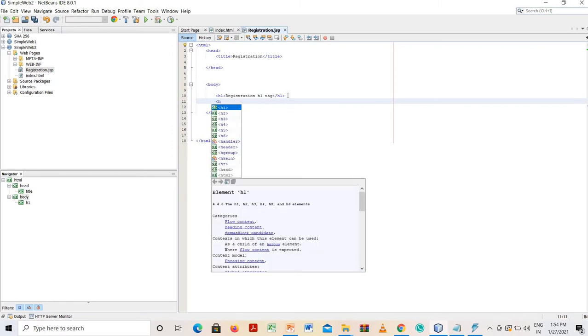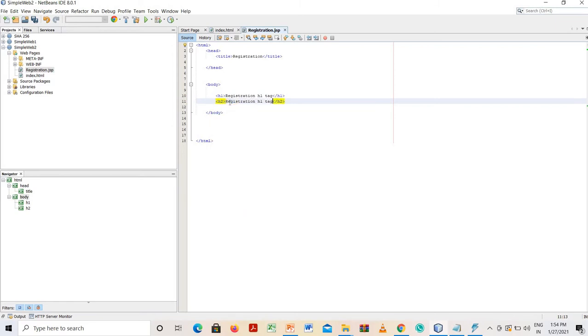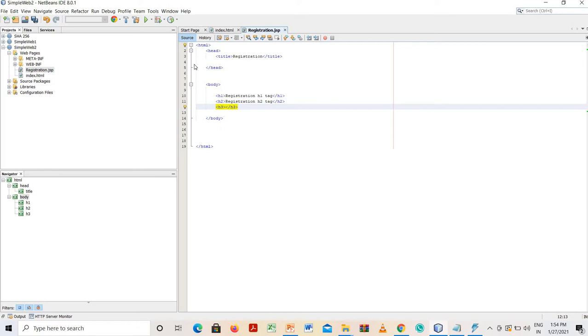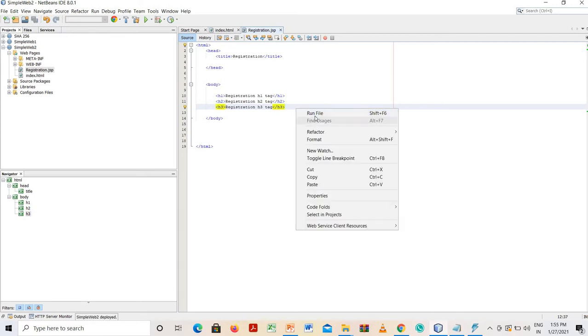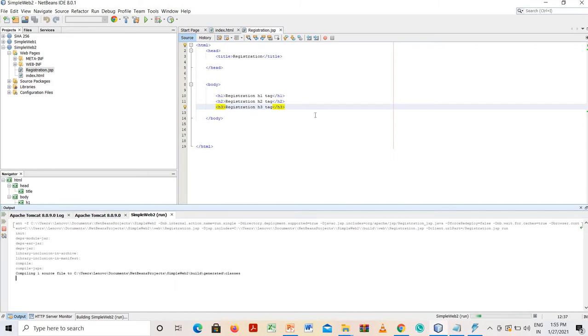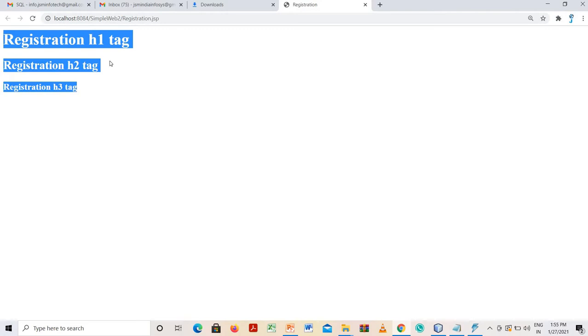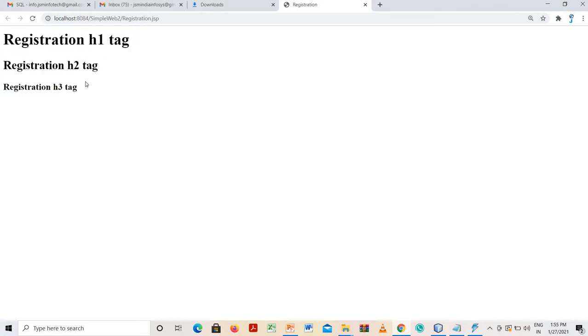H2 tag, registration with H2 tag. H3 tag is there. Registration with H3 tag. Like that you can have tags H3, H4, H5. So this is the output, registration with H1 tag. Now you may have an idea of the significance of these H1, H2, H3, H4, H5, H6 tags.